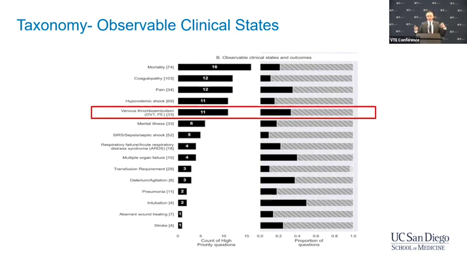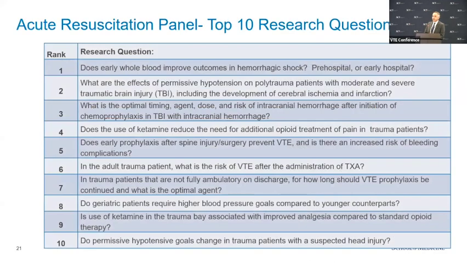So knowing that we have this 900 and some question panel that basically encompasses the care of trauma patients from the minute they hit the door in the trauma bay till the minute they leave the hospital, where do you think VTE fared in the priority list of those questions? We not only had high priority, but we actually had them ranked. The answer is they fared very well.